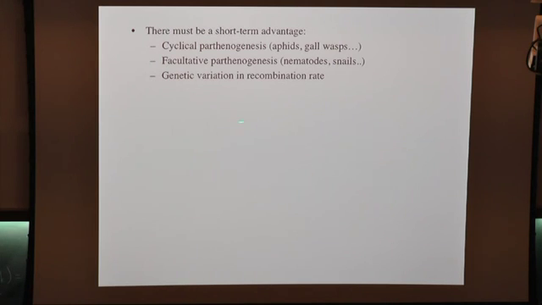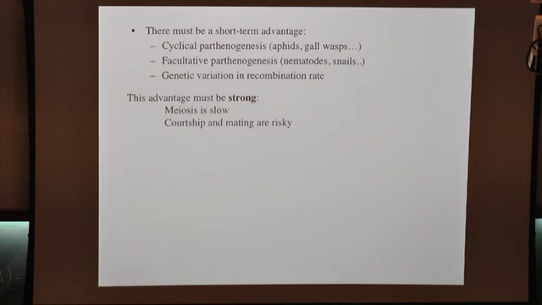And another kind of argument, not about sexual reproduction, but about recombination, is that actually there's genetic variability in recombination rate. You can take Drosophila populations and select for higher recombination and select for lower recombination. So you can ask, why is it where it is? Why is it at the rather high rate that we see? Because if, for all the reasons I'll come to, recombination is actually costly, why maintain it? So rates of sex, rates of recombination are at certain rather high levels. Why? We can ask that question about current populations.